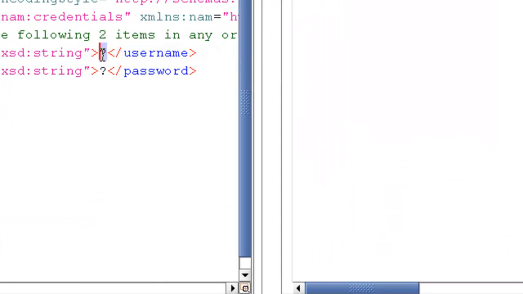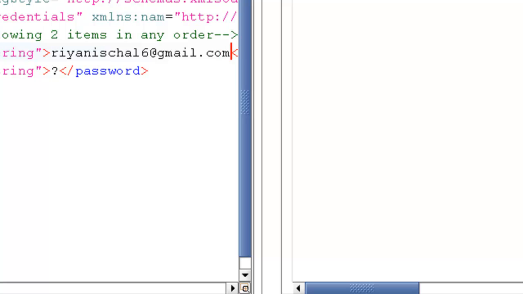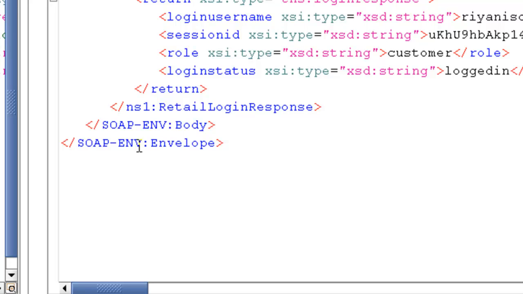Okay, so for the username and password, you will write your username and password. I'll write. Okay, so this is the username which I'm going to use, and the password is this one. And now if I run, what will I get? I'll get the status as success. See here,